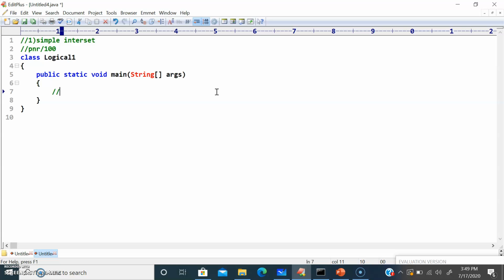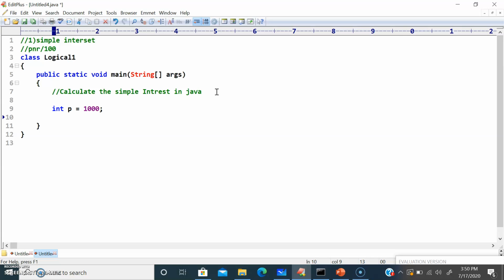So we are going to calculate the simple interest in Java. So for simple interest PNR, right? So let me take int principal. So let me say int P is equal to 1000.